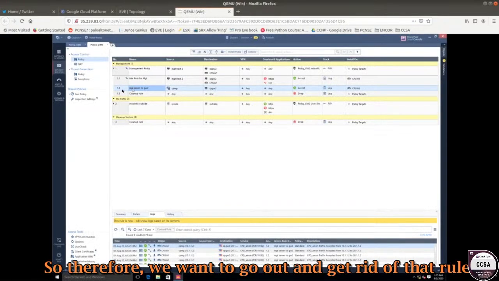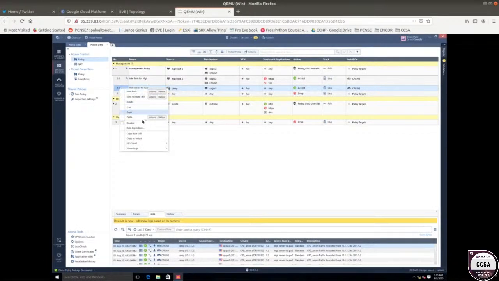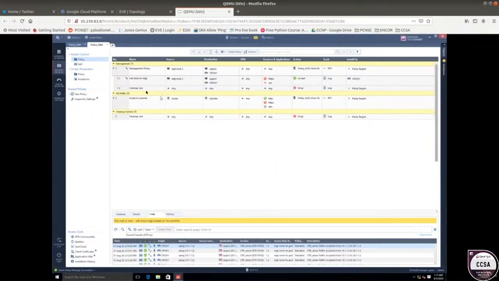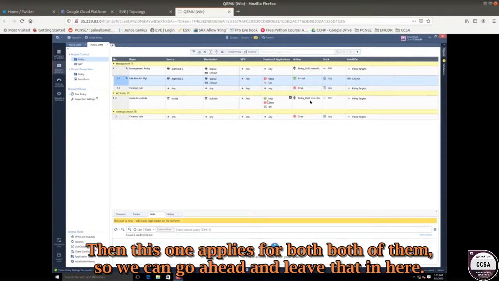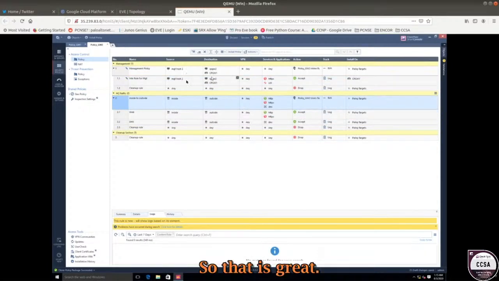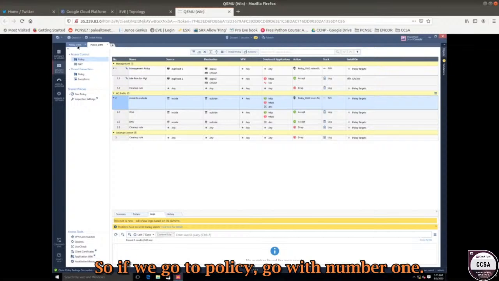So therefore, we want to go ahead and get rid of that rule. So delete. Yes. And that should be good. Then this one applies for both of them, so we can go ahead and leave that in here. So that is great. So if we go to policy gateway number 1,